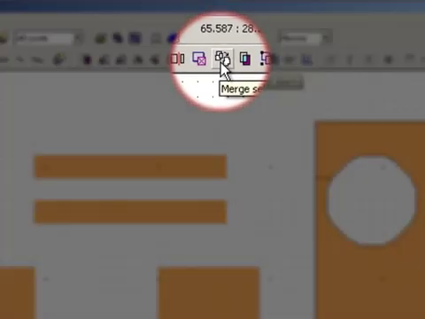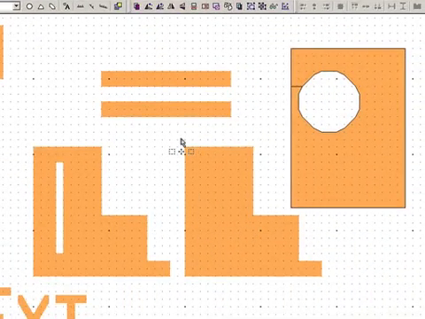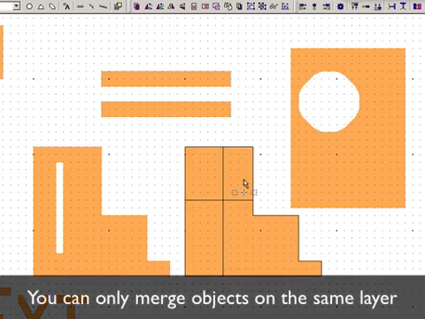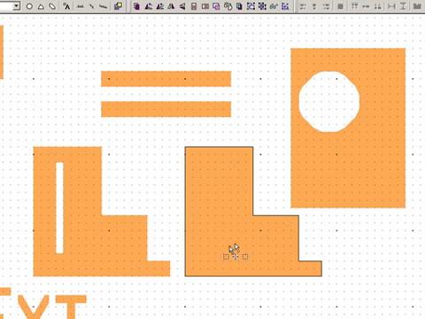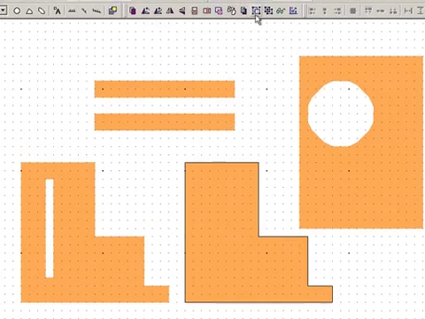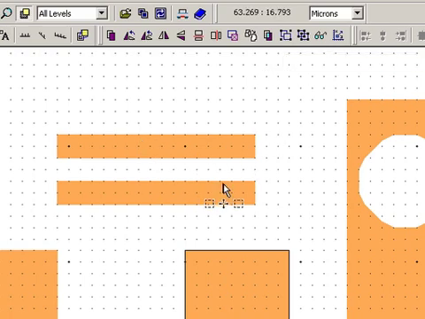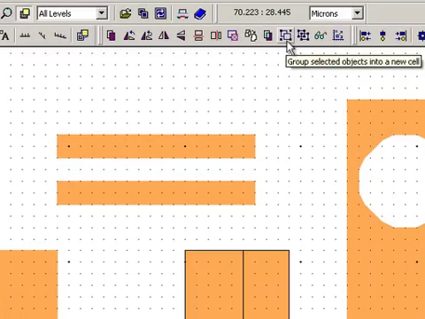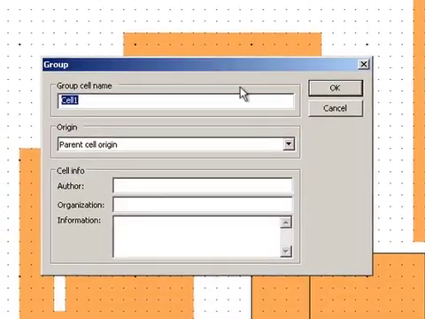Moving along to the right here, the next icon that we have is Merge. What Merge does is take any number of polygons and merge them into a single polygon. So by clicking this, I will take my 4 polygons here and merge them into a single polygon. Now a similar operation is grouping. I'm just going to undo that one. There's a subtle difference between grouping and merging. When I merge polygons together, I am no longer able to manipulate the individual polygons that make up that new one. If I choose to group polygons together, what happens is